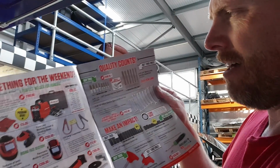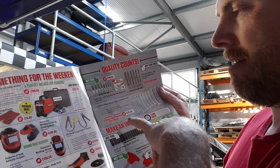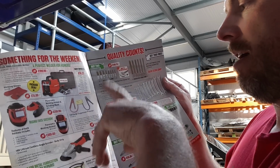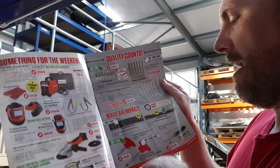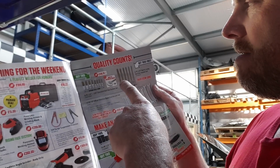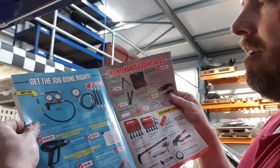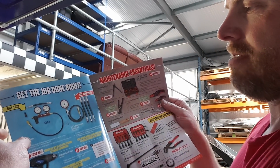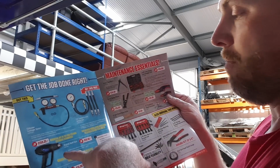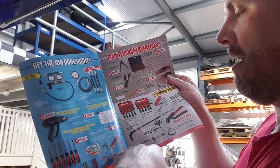So first page, you've got a mini welder, some welding masks, a surge protection suppressor, so obviously when you're welding the battery doesn't surge, battery operated grinder, some glasses, some grip screwdrivers, impact wrenches, some spanners, some ball end Allen keys. It gets worse. Pressure testing, so you can do a cylinder leakage test, car compression gauge, a Blue Point heat gun, some small files, some small picks, a multi-tool,